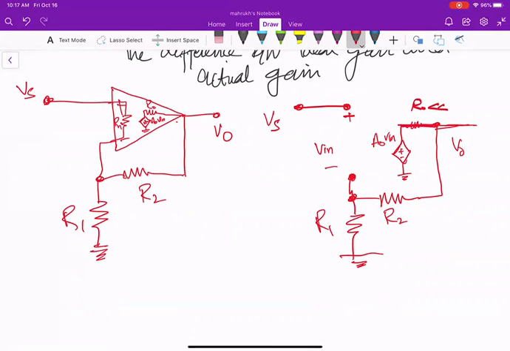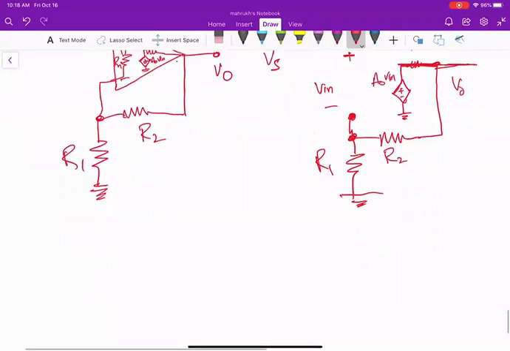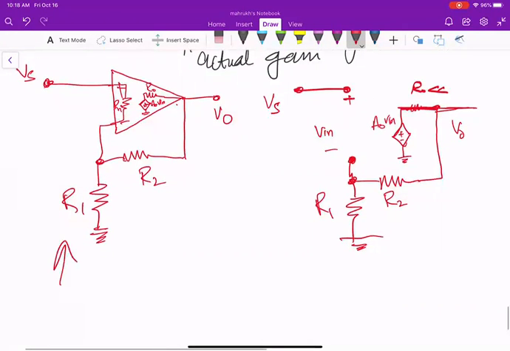I'm not trying to complicate myself, because if I include this in the calculation, it will make a complicated expression. So I'm just assuming R naught is very small. Okay, so in this ideal model,